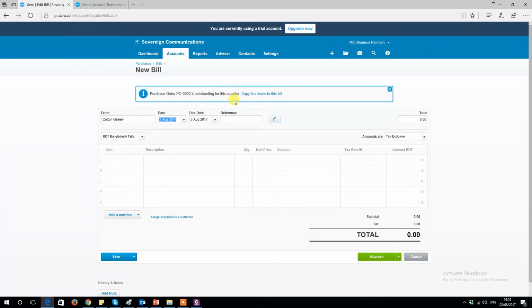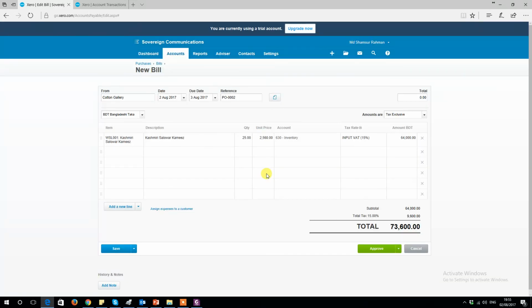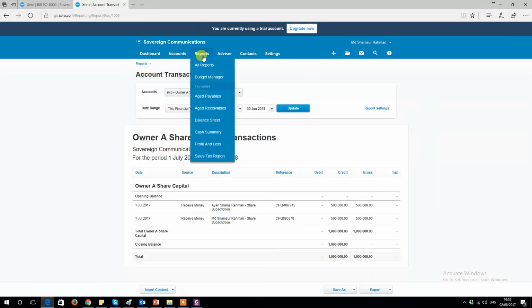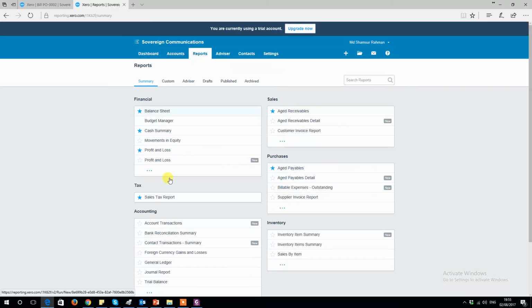The purchase order PO0002 is outstanding from the supplier. So is it the same thing? Okay, yeah, it's the same thing. So copy the line items to the bill, and mark as bill. That purchase order is already marked as bill, and you have this purchase order here. So you have the bill here, and you just approve the bill. And as you approve the bill, if you see the journal,